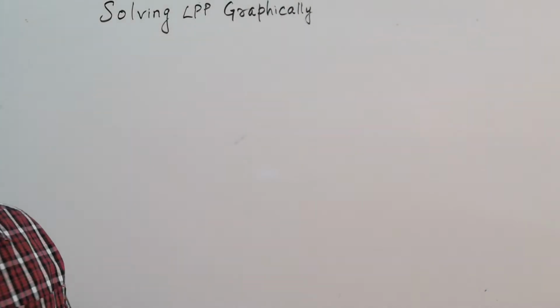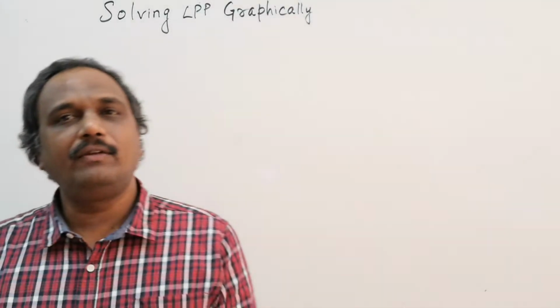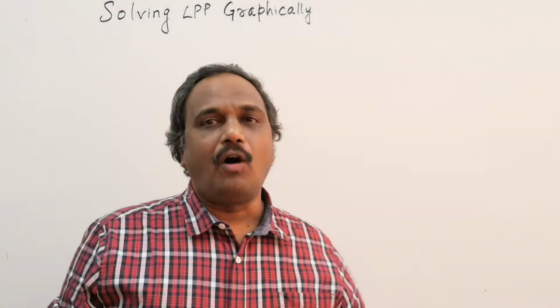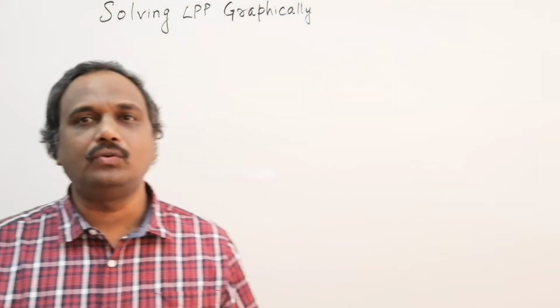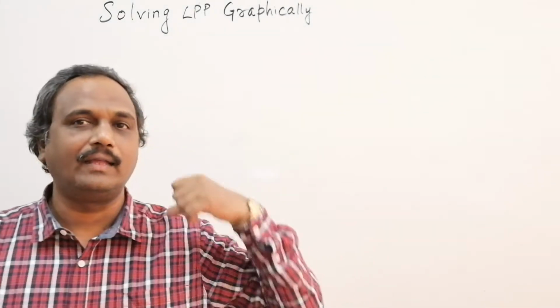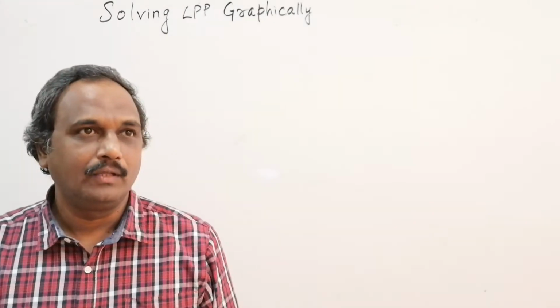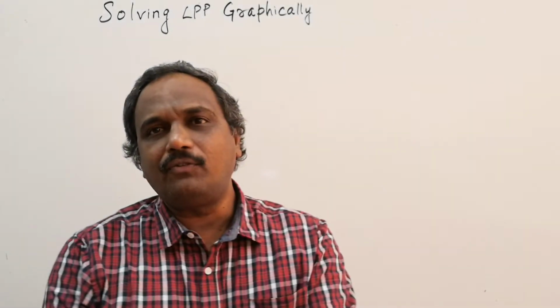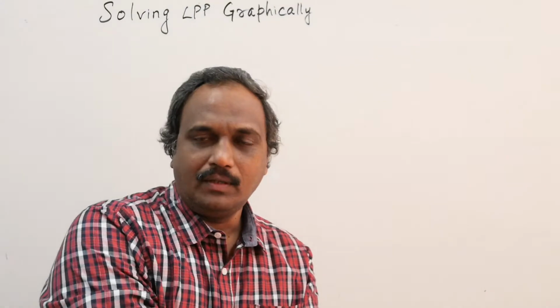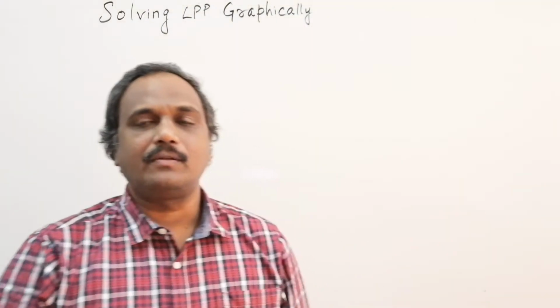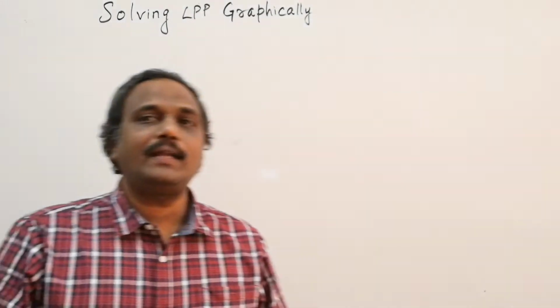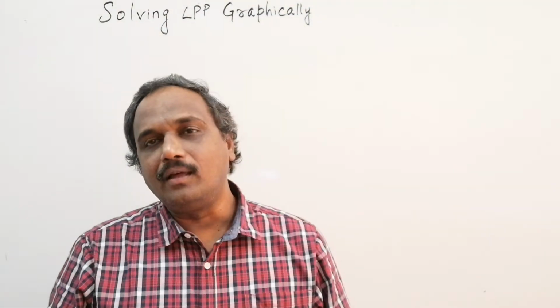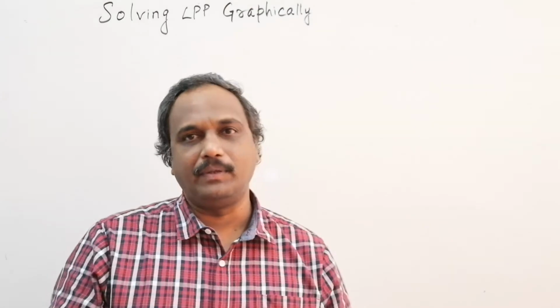What is this? In the last lecture, we were discussing the formulation of LPP, how to formulate a linear programming problem when we have the objectives, constraints, and available resources. We formed the linear programming problem and made an equation. But what is the ultimate idea? How many quantities are we going to produce? This is what we discussed in the previous lecture.